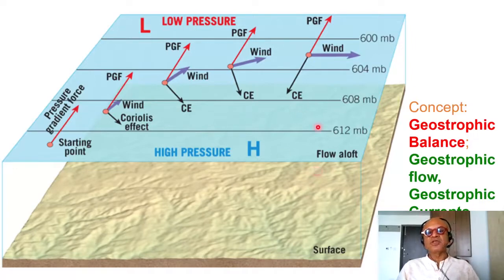Okay, so let's not get too far. So 612 millibar, 608, 604, 600. You would expect that the pressure gradient force will drive a flow from high pressure to low pressure. So if you release a parcel, or let's say a balloon, then it should start to move in that direction, wind in this case. But as soon as anything moves, Coriolis is going to act on it. So pressure gradient force is in that direction, wind starts off that direction, Coriolis begins to pull it towards the